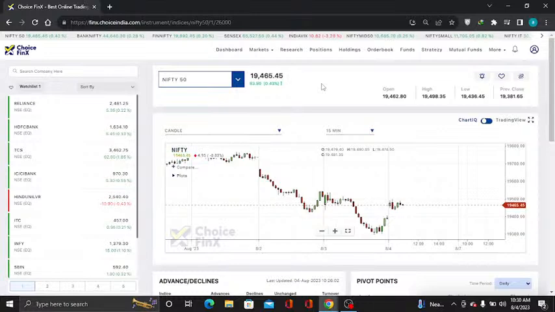And nowadays what is happening? Compared to 10 years back, the derivative section had a very low trading volume. Nowadays the trading volume in the derivative section is very high. So most of the market activity is happening where? Nifty, Bank Nifty. That's why when we make an analysis, Nifty has a very highly volatile movement, we can see that.